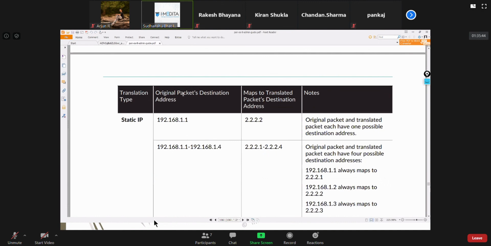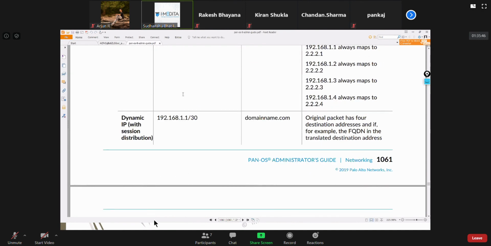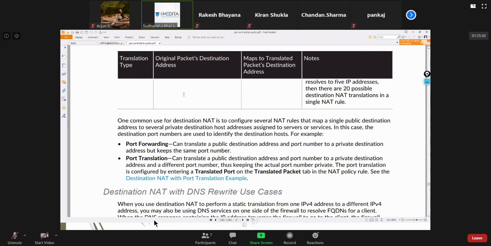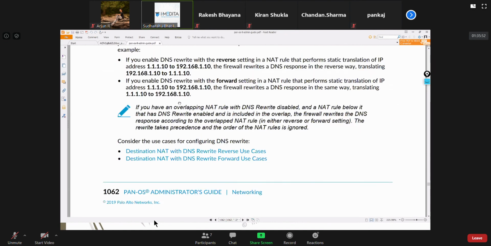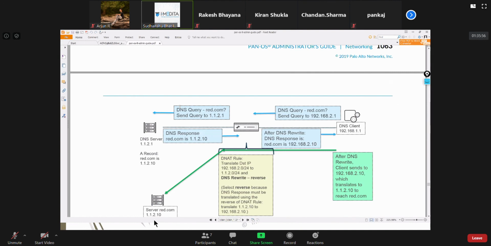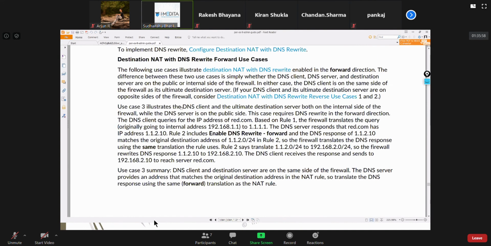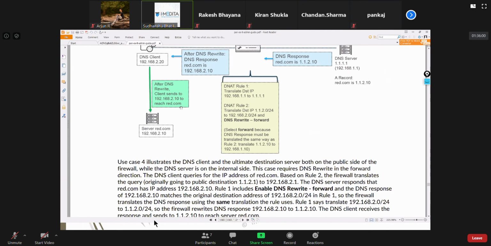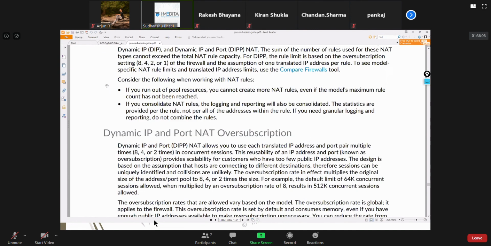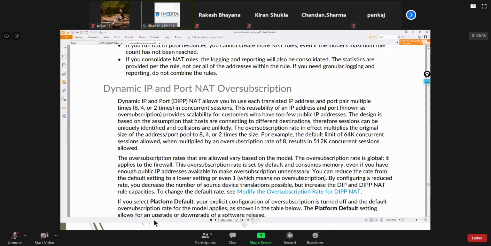And they also discussed somewhere here NAT oversubscription. They say the NAT rule capacities. Like all the things that I explained to you, read this part as well.